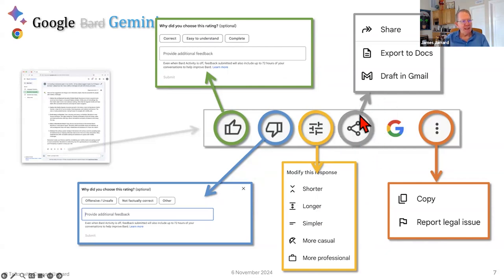This is the one I like the best. Export to Google Docs. That's their word processing. If you're in the workaday world, you know Google Docs. Or you'd go to Google Gmail. You can send a response to Google Gmail, or you can report issues.